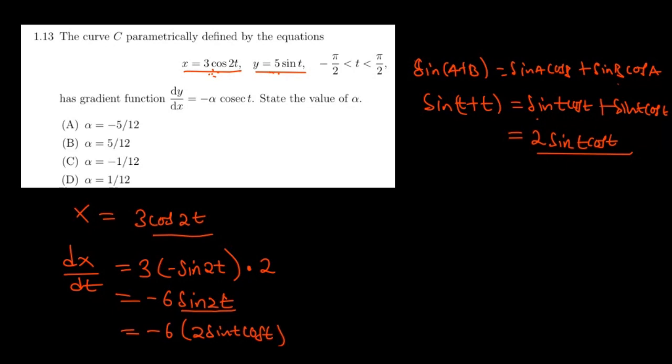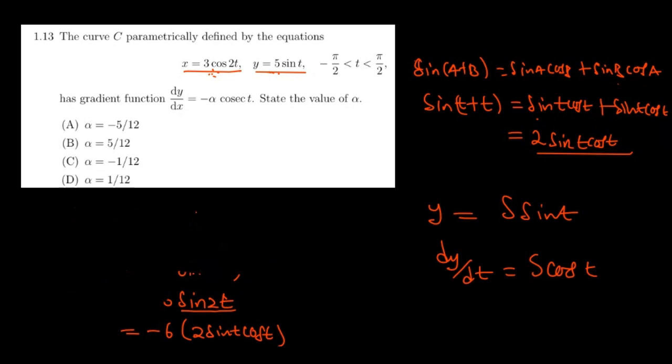What about my dy dt? So y is equal to 5 sine t. So it means dy dt will just be equal to 5 cos t. This one's very easy. So now to find my dy dx, okay, I'm just going to divide these two here in a special way. So look at this. Okay, so I'm going to say dy dx is equal to